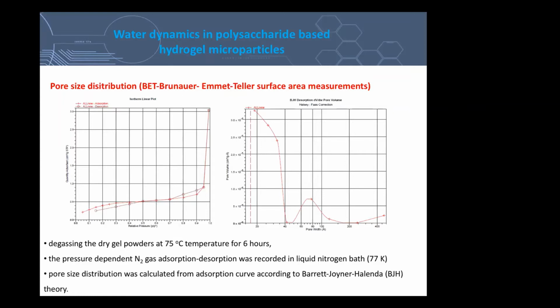So, to investigate the pore size distribution in microgels, we performed Brunauer-Emmett-Teller surface area measurements. For people who don't know much about these measurements, first, prior to the experiment, a thermal treatment called degassing is performed. In this case, one keeps the sample at a temperature of 75 Celsius for 6 hours. In this interval, you allow the moisture, the water vapor that is absorbed on the pore surfaces and also on the particle surfaces, to evaporate. And then after the degassing, in the experiment, a nitrogen gas is given in a liquid nitrogen bath, and